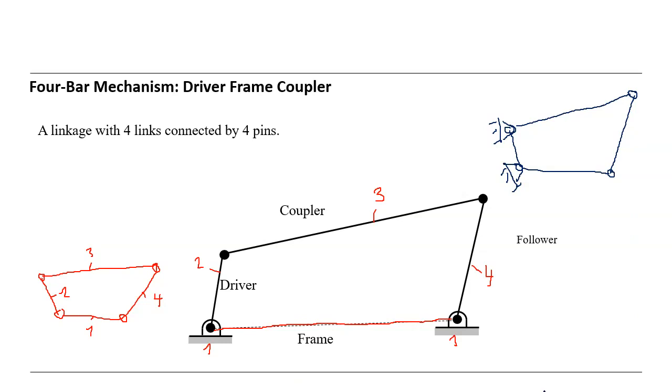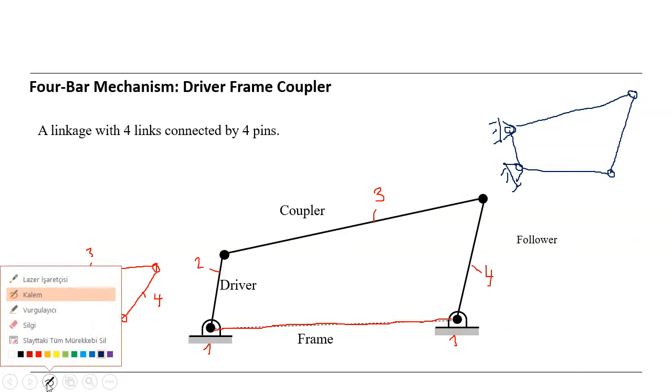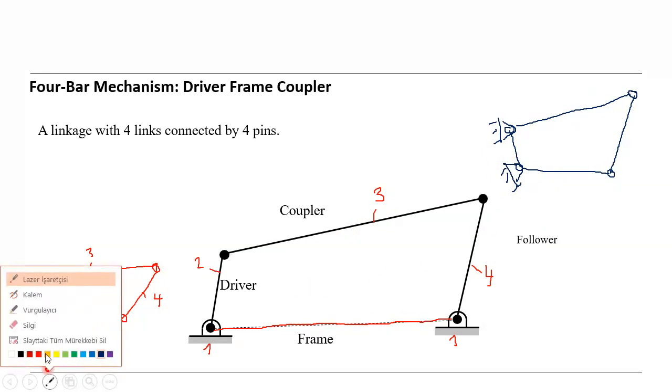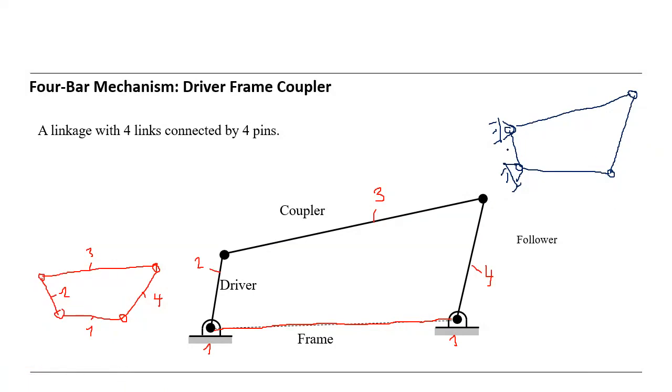It's not the same. Therefore, it is very important which one is grounded. So this mechanism is not the same as this one, because we fix the, let's write also the number. Here this is 2. 2 is grounded, but normally the grounded one we number with the number 1. Okay, but here, as an example, I write here 2, and this is 1,